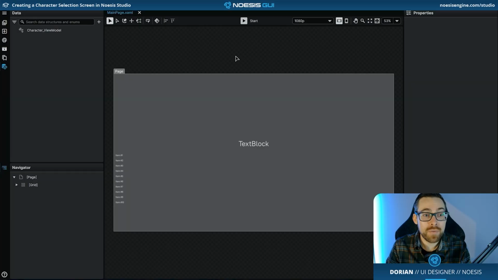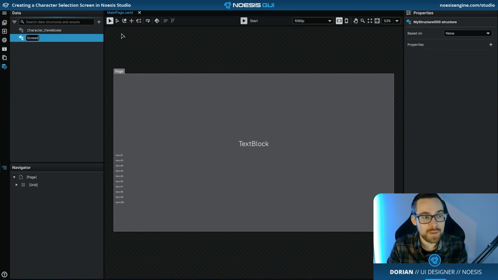Next, we'll get to create our second data structure, and this will be the one that defines a collection of characters that will be served to the interface. So, almost identical process as to what we did before. We'll navigate to the upper right-hand corner of the data panel, hit the plus, and select structure. Let's rename this to screen_viewModel, and once again we'll navigate to the right side of the application window and create a new property by hitting the plus. We'll rename this to